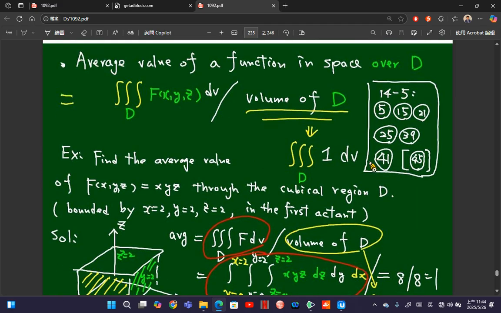So we can also try to get the average value for a function in space over D. It's also the same, right? We can calculate the whole integral, the value of the integration, divided by the whole volume of the region, and then you can get the average